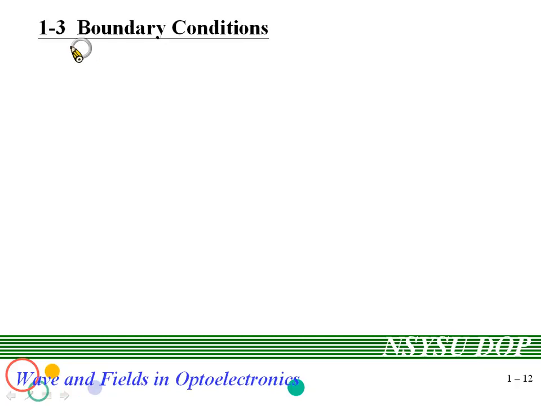We next discuss the boundary conditions of EM waves at a material interface. Consider an interface formed by a material of epsilon 1 and a material of epsilon 2. And here is the normal vector starting from epsilon 2 and pointing to epsilon 1. And for the boundary condition, we start with the source-free problem.